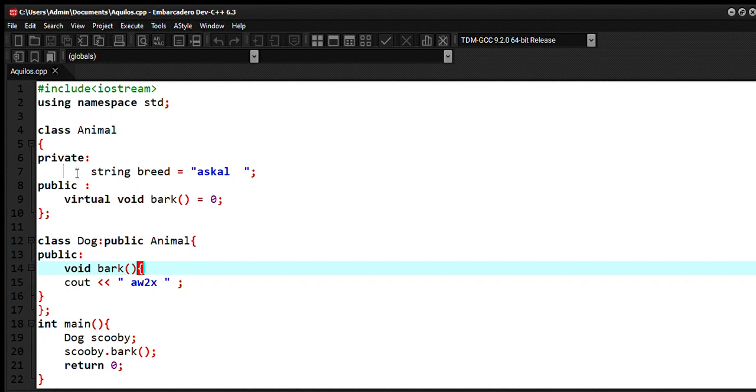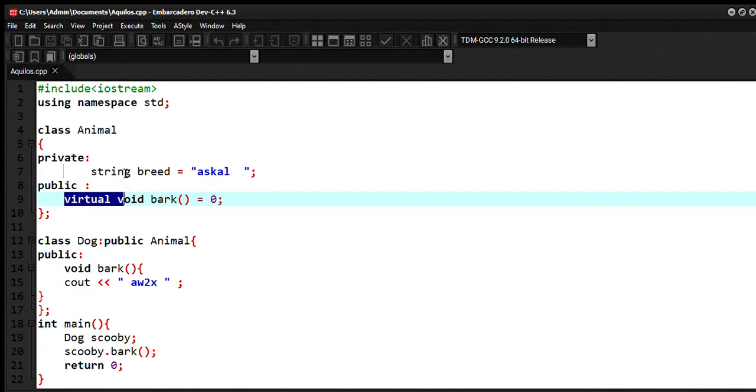Lastly, polymorphism, which allows different classes to use the same function in different ways. From the word poly, it means multiple, and morphism means changes. The child class Dog calls the function bark